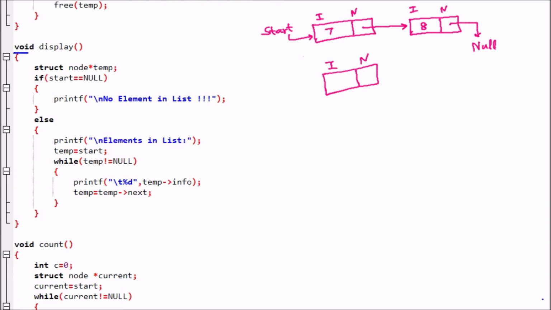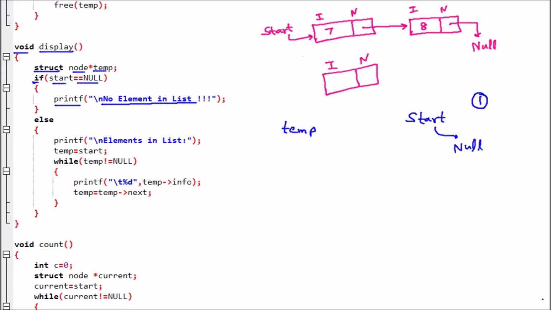So here we have void display. This is a display function. Then we have struct node *start, *temp. So there is one temp variable available which is of pointer type. If start is equal to null, that is interesting. If start points to null, that means the linked list is empty. So there will be the message on the user screen, printf no element in the list. Whenever start is null, obviously there is no element in the list. So this was case 1, where start is null.